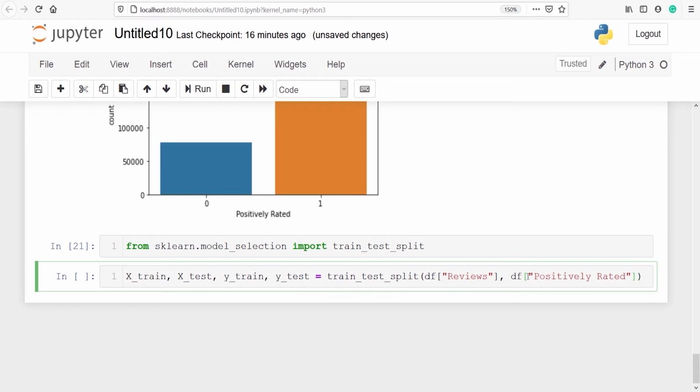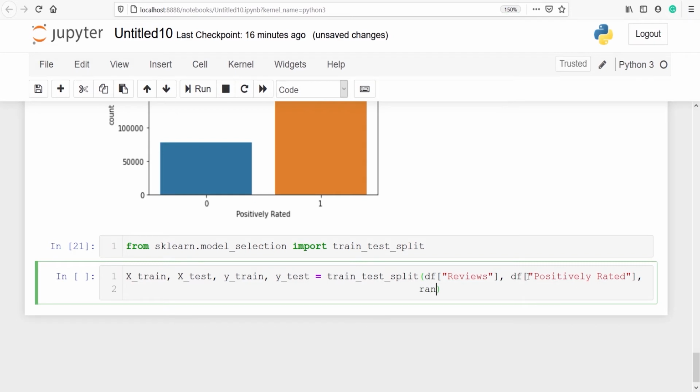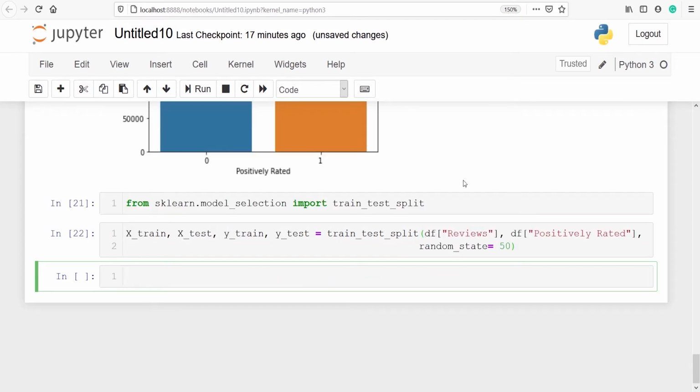And the next parameter we have to pass is random_state. You can put any number here. If you want your result to be the same as mine, you have to put 50. Let's run our code. We have successfully split our dataset into train and test.